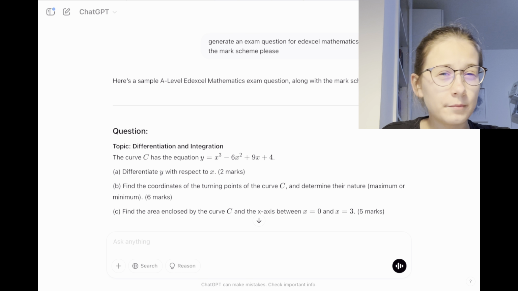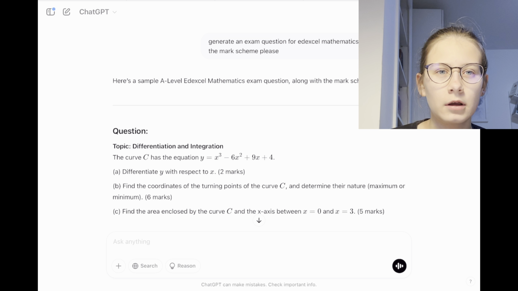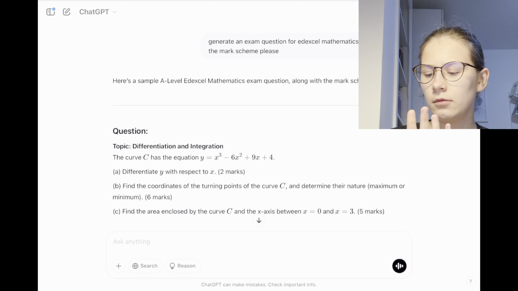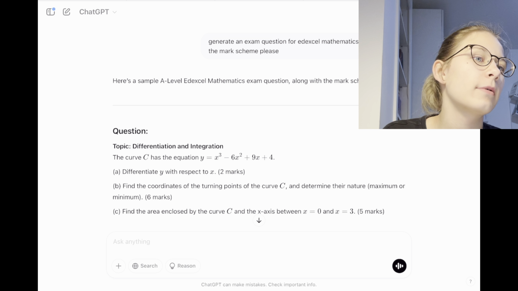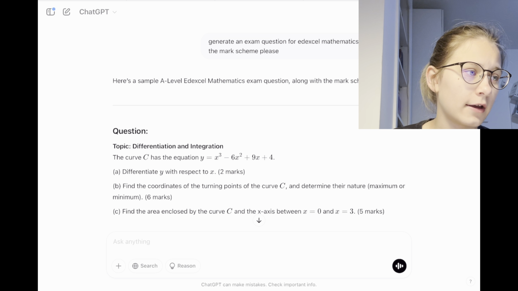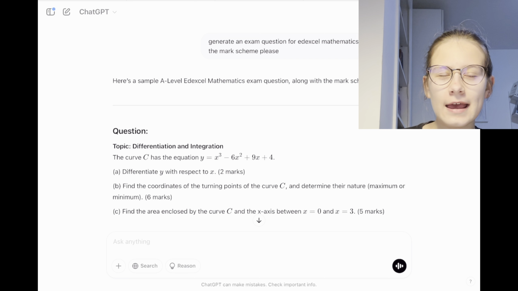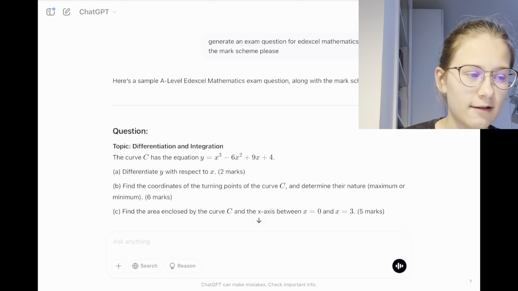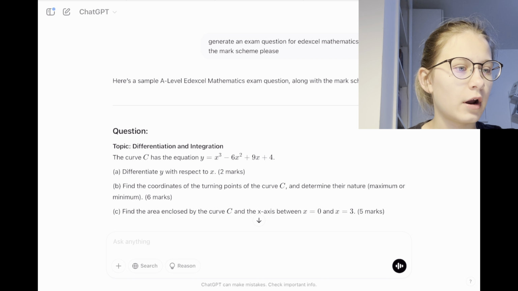Okay, the last main thing, I think, because apart from, I mean, I'll go into the smaller things that I use AI for, but for example here, generating exam questions, it's very good for that. So here I just gave it my exam board, the level, the subject, and I wanted a mark scheme to be able to check everything and ensure that I did it right. So for example,